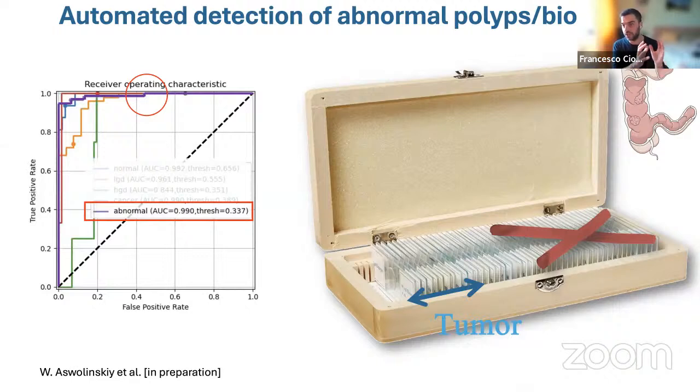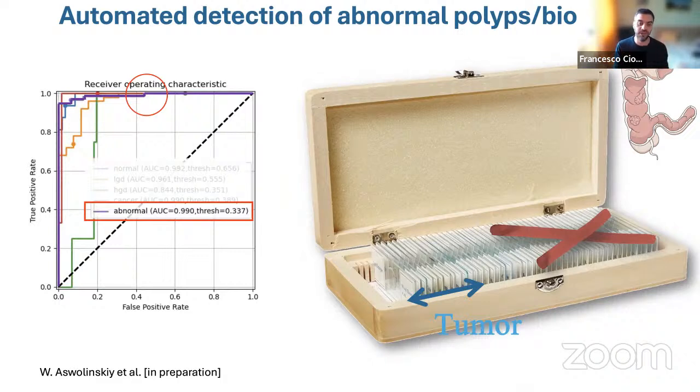Of course, this was validated only on internal cases, and it would need broader, multicentric and external validation to be more sure about the generalizability of the performance. But that was the first step. Still, when we talked with the pathologists, they said, okay, nice, you can pre-screen, but this doesn't really help me, because anyway I still have to write the report and close the diagnosis of this case. Can you help me there?